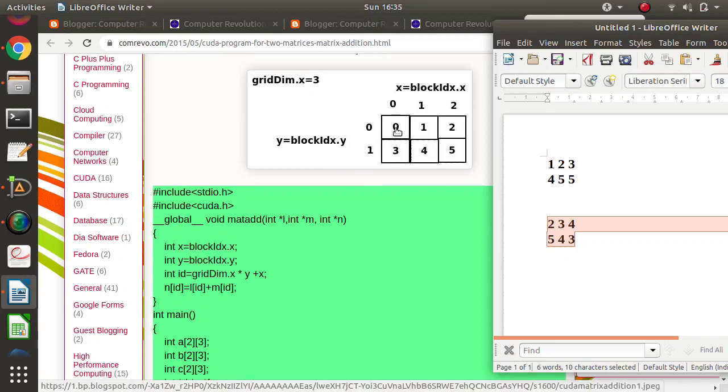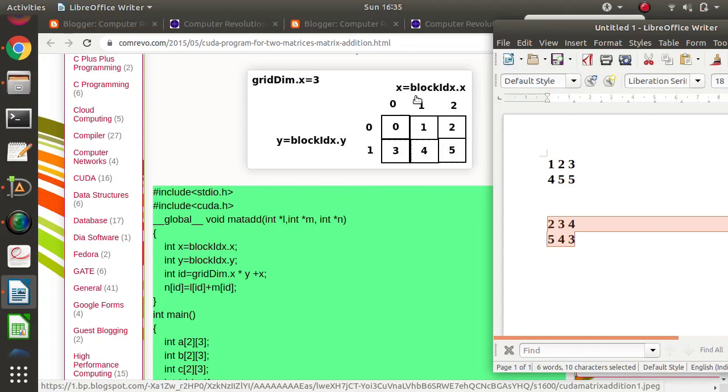Now see, in each block there is only one thread, so thread idx dot x will be 0 and thread idx dot y will also be 0. So thread id is not required here, as each block has only one thread. That will be common for all the threads. What is different? Block id.